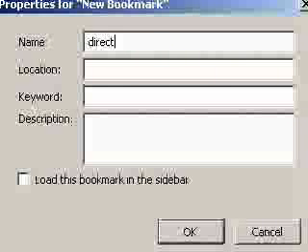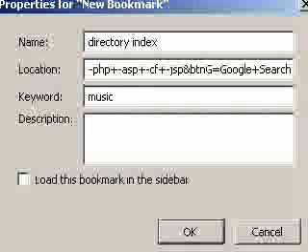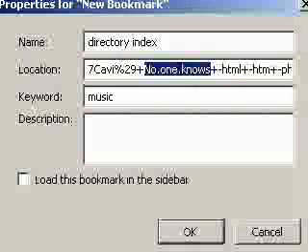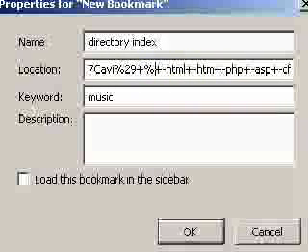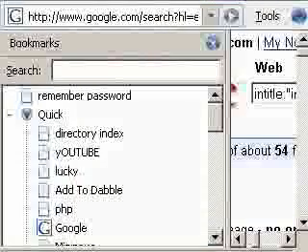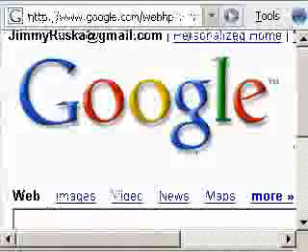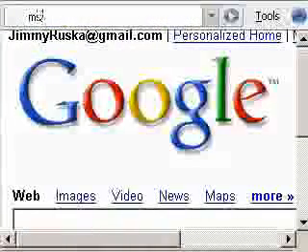directory index. I'm going to add the keyword music or something simple, and I'm going to paste the location, and I'm going to scroll to wherever it says the keyword no one knows, and I'm going to put %s in place of what I search for, of the song I search for. I'm going to click OK. And now when I go back to Google or something, or wherever I am, I can type music, no one knows. I'm actually going to search